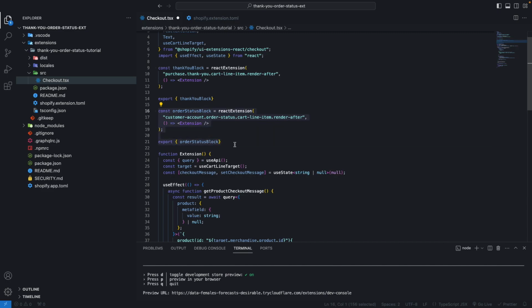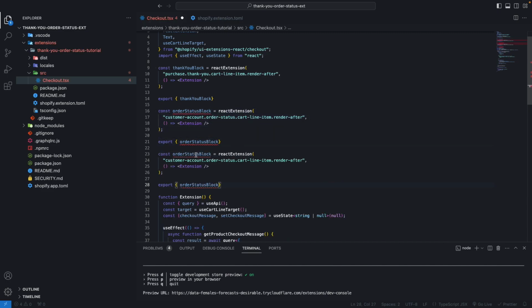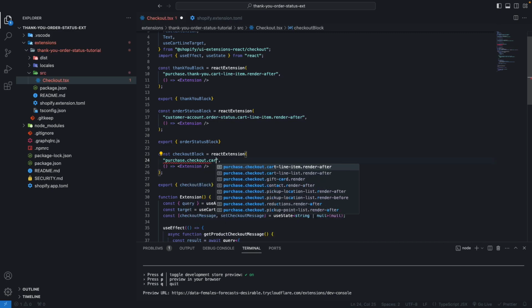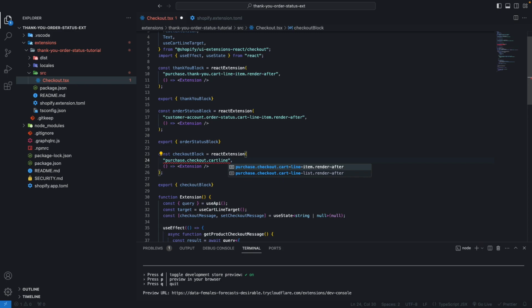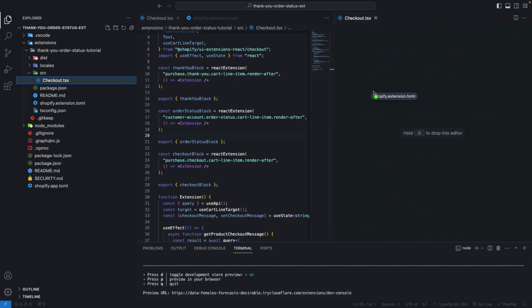And let's do this one more time, but for the checkout page. So checkout block here, checkout block here. Let's delete all of this, and purchase.checkout.card line item render after. Now if I save this it will still not work, because as I mentioned earlier, we have to also update